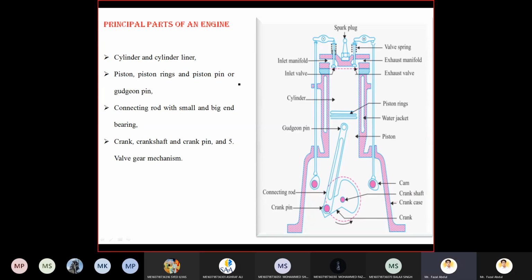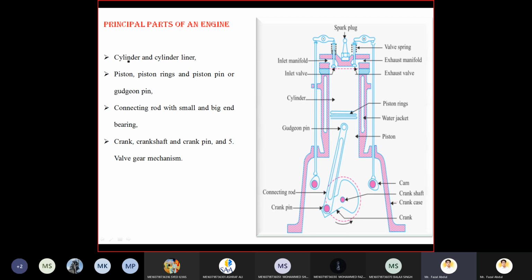So the unit name is the design of IC engine parts. So the parts we need to design. Especially for this unit, the university has to provide the data books for me while writing the examination. My suggestion is, instead of looking into the data book, you be perfect with the entire design procedure of each part. Okay? So here, what parts do we have to design as per our syllabus?